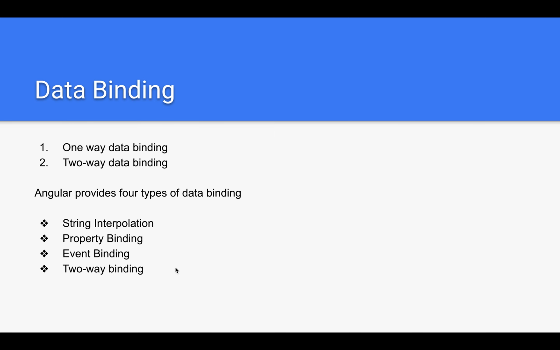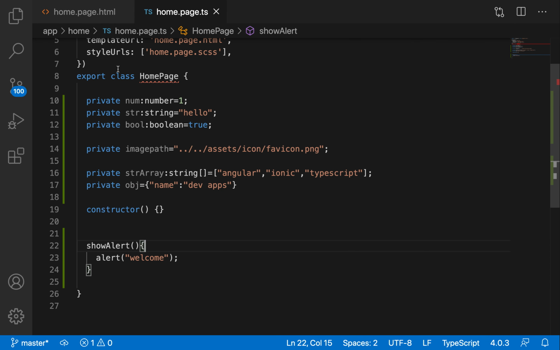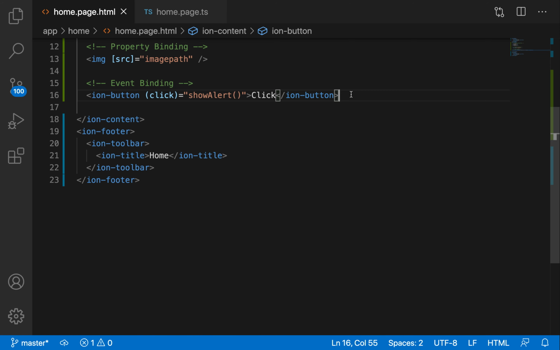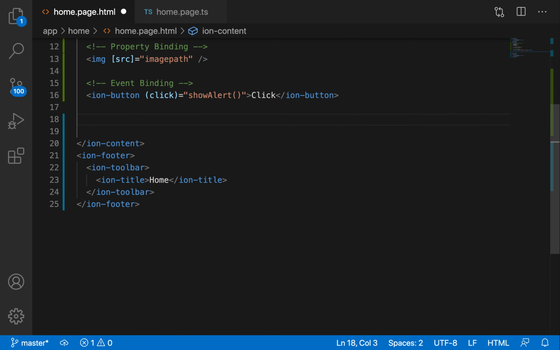I can declare some data inside a variable, and in the HTML page when I change the data, the same data can be stored back into the same variable. So that is two-way binding. It has a feature to update data from component to view and view to component. Now we will see how to use two-way binding. We have to use an input field where you can enter some data, and that will be stored inside a variable.